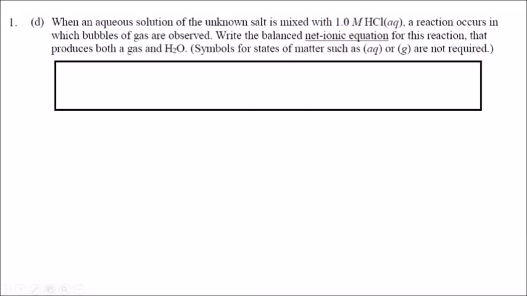In part D, we are looking at a net ionic equation for the reaction between the metal carbonate and hydrochloric acid. We saw a reaction like this in the multiple choice section. Let's write the equation before we focus on the net ionic version. We take our metal carbonate, react it with HCl, and we're going to produce a metal chloride plus not carbonic acid, but rather water and CO2. We'll balance the equation by putting a 2 in front of the HCl and a 2 in front of the